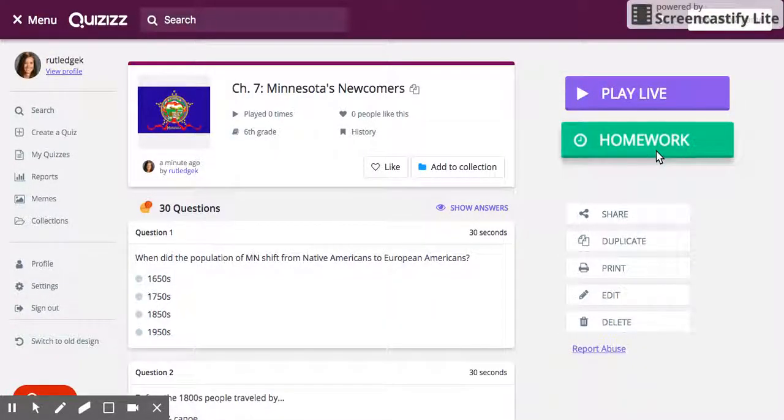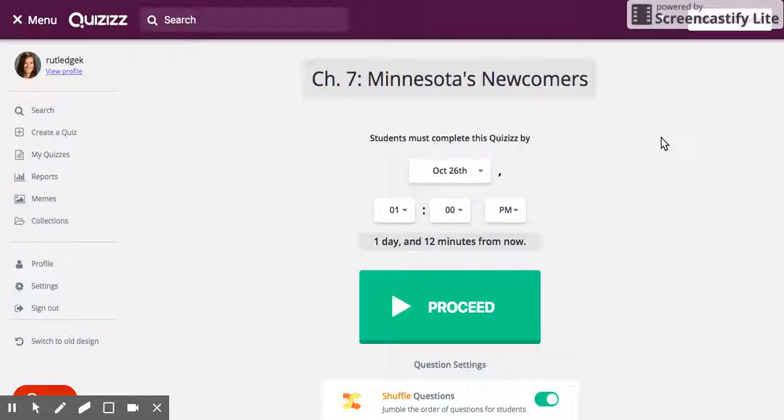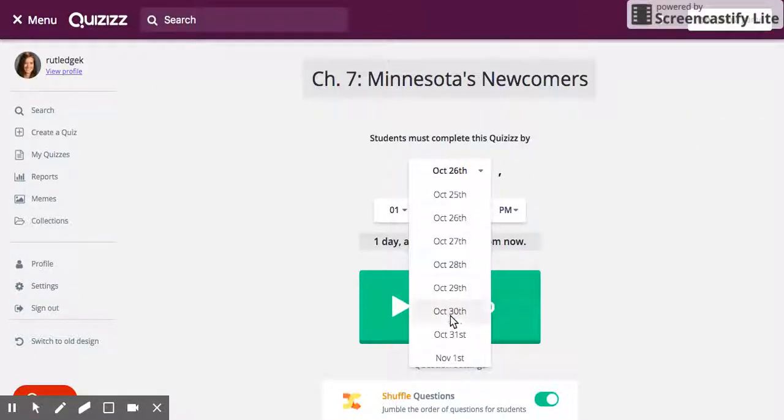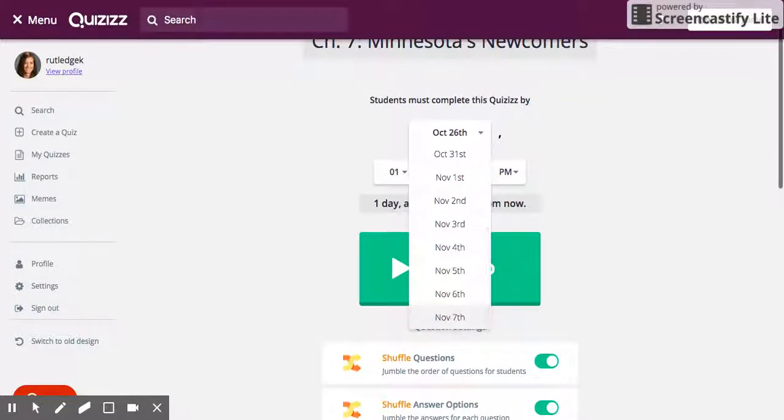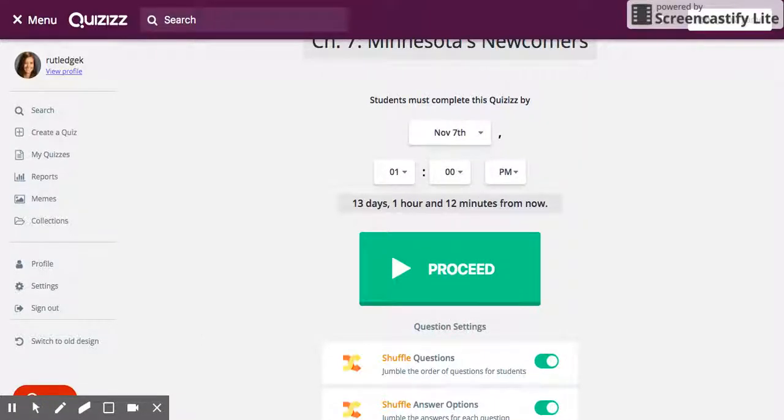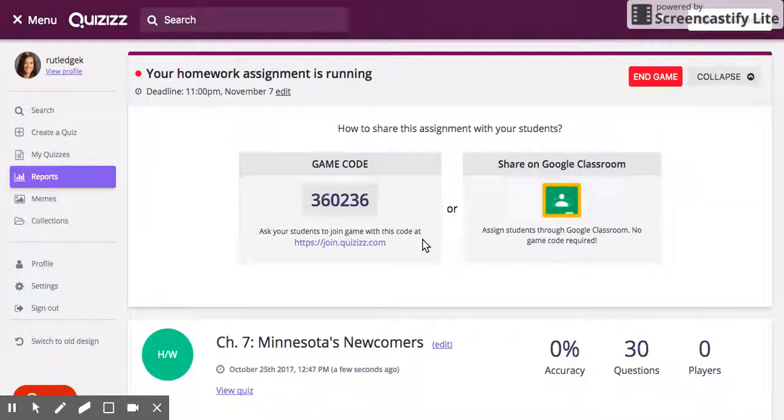is as homework, and this is what I typically do. I like to set it to be open as long as possible so that students who need to take a test late or retake a test still have it available. I usually have it go until late in the evening, much later than I would like to believe my students are up. Hit proceed. And then again, it gives me a game code,